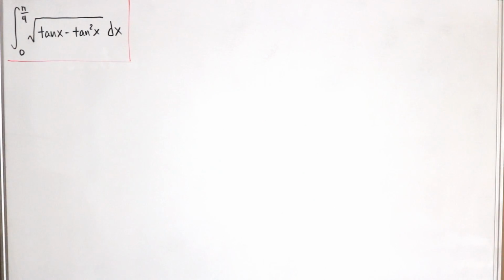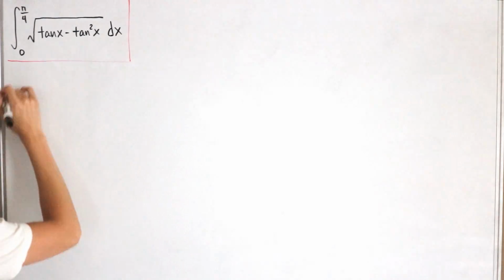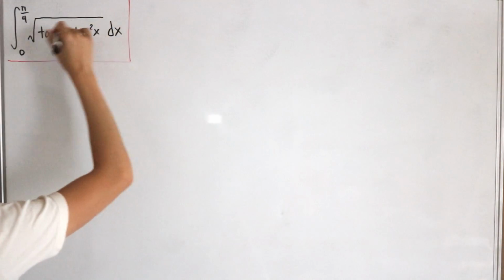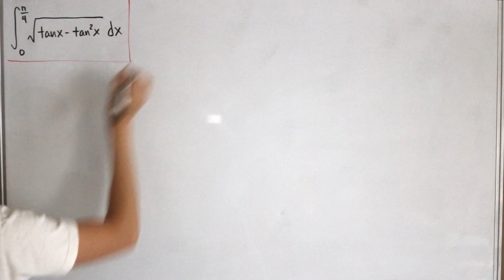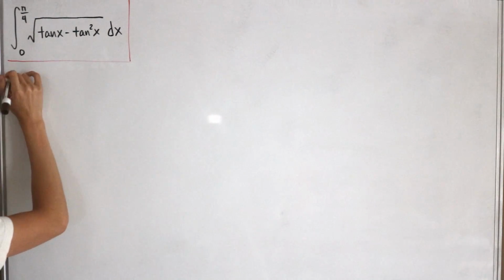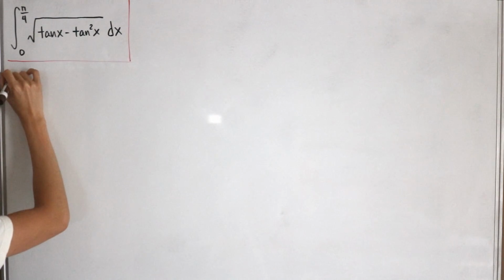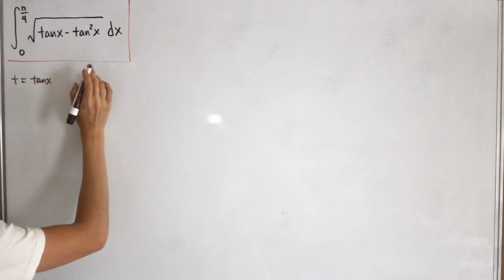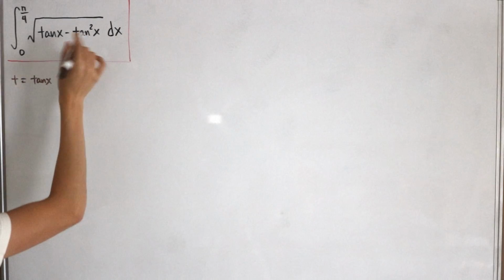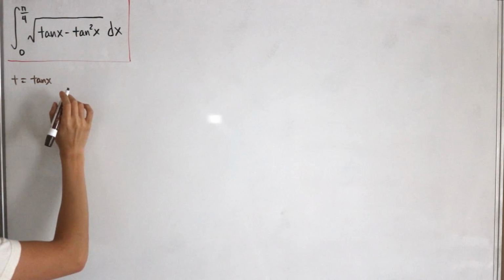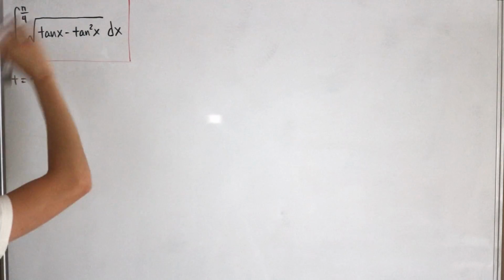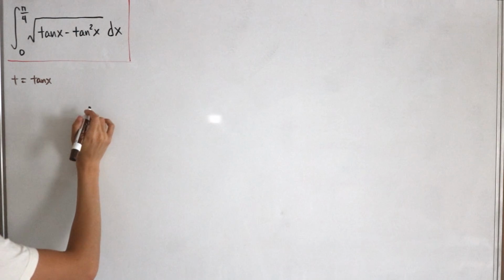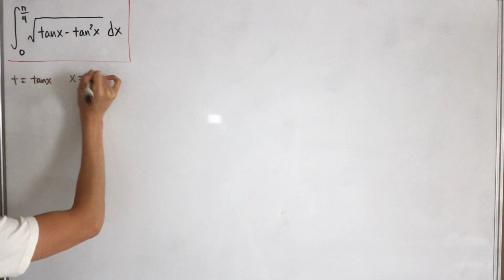So first, we start with a u substitution. I'll call this entire integral capital I, so I'll save this for later. We'll let t equal tangent x. Now we want to solve for x, so we can put this in for the new bounds. That means x is equal to